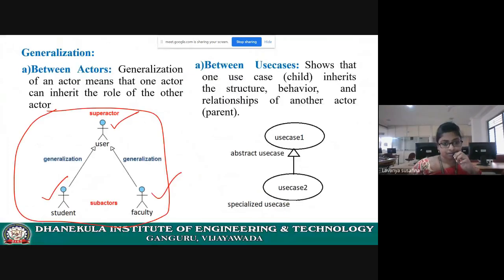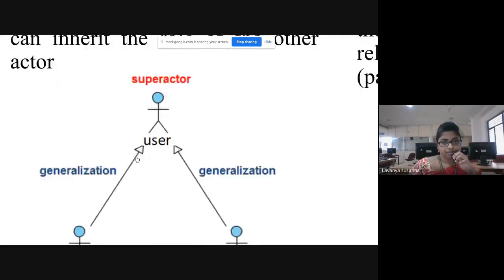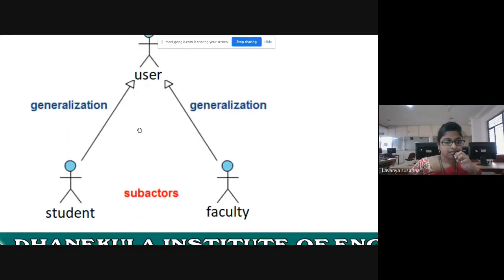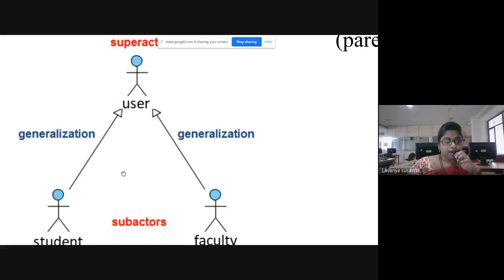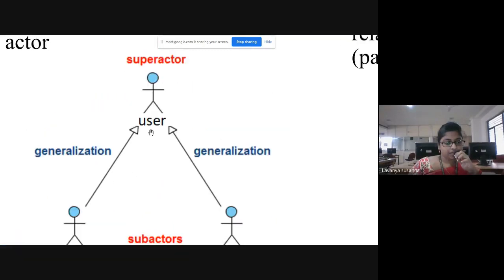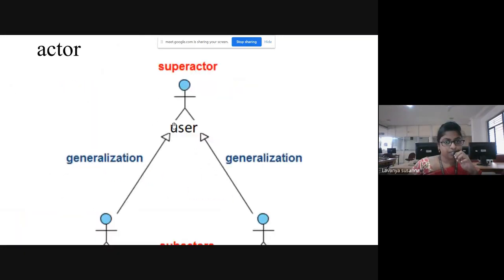Okay, see the diagram once. Just wait, I'll zoom in. Here, user is the parent, and student and faculty are children. The child student inherits the properties of the parent, and the child faculty inherits the properties of the parent.